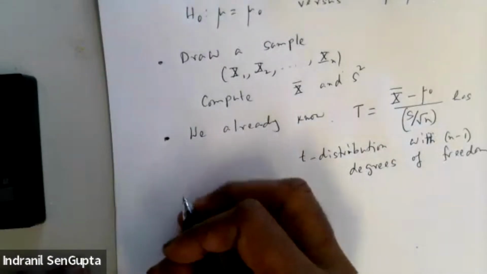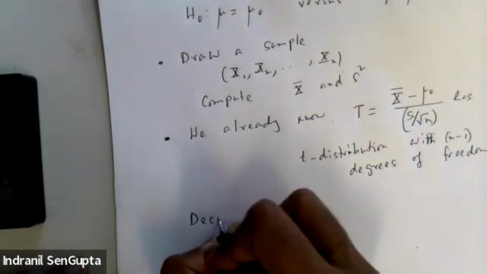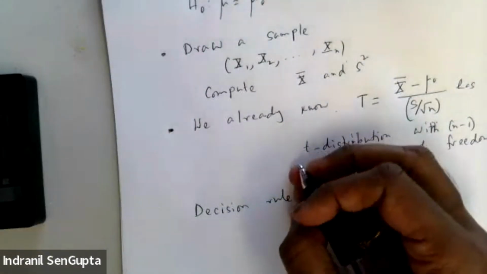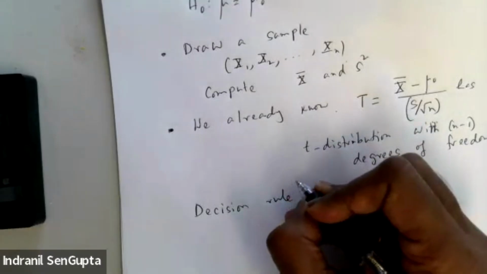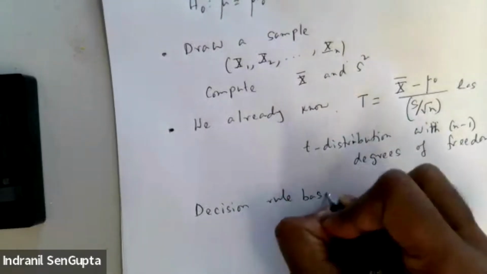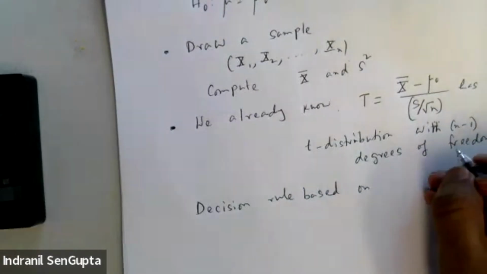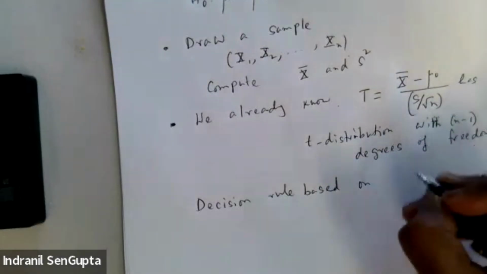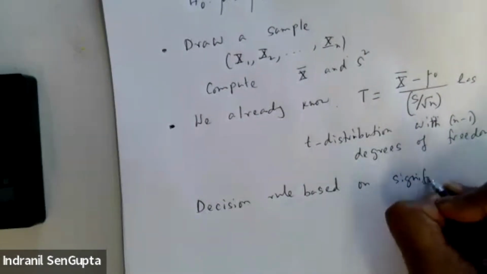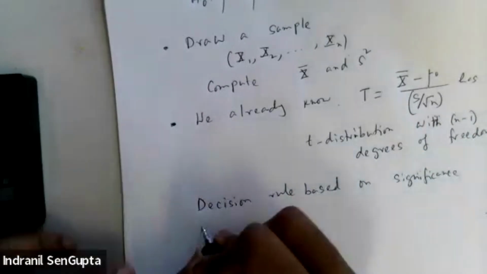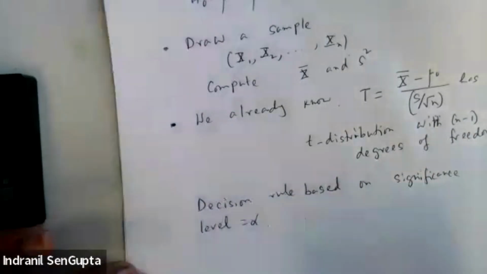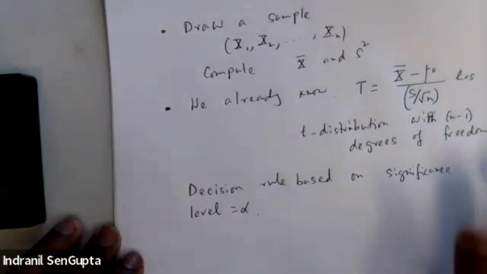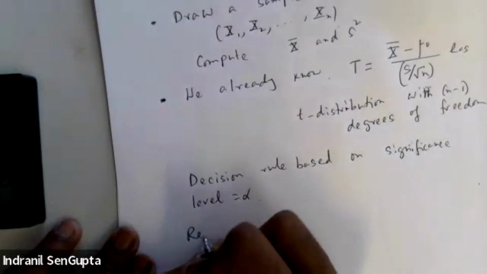Here is a decision rule based on significance level equal to alpha: we can write, reject